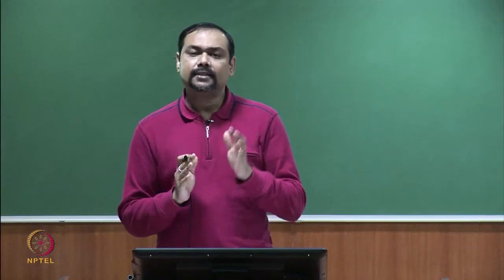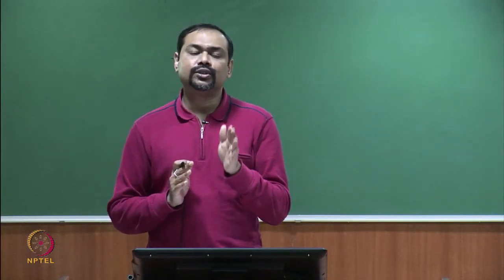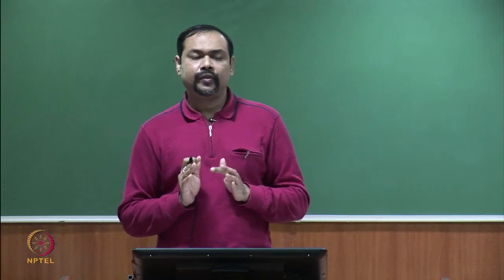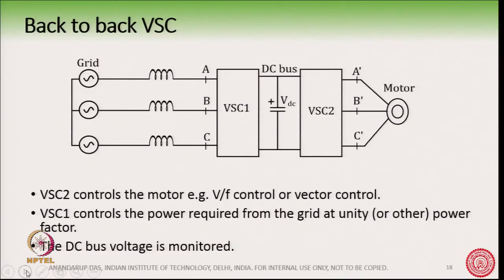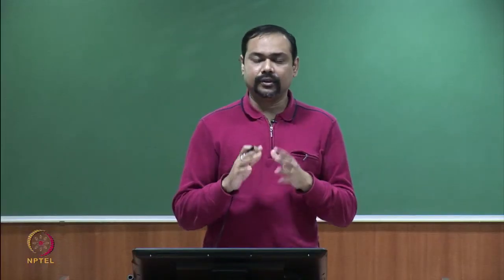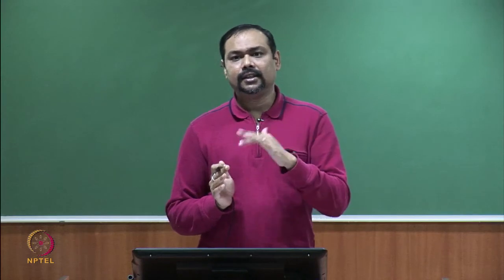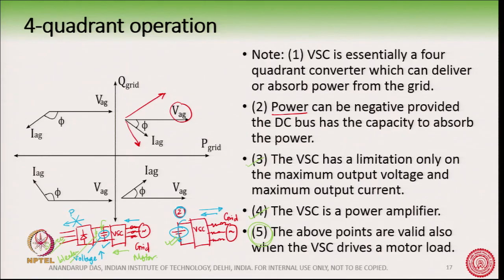So, the VSC is always defined in terms of voltage and current usually. Then you say that this is the maximum apparent power that the VSC can deliver. It is the S of the VSC. So, you can change the P and Q, you can adjust within your limits. So, the maximum apparent power that the VSC can deliver is denoted.